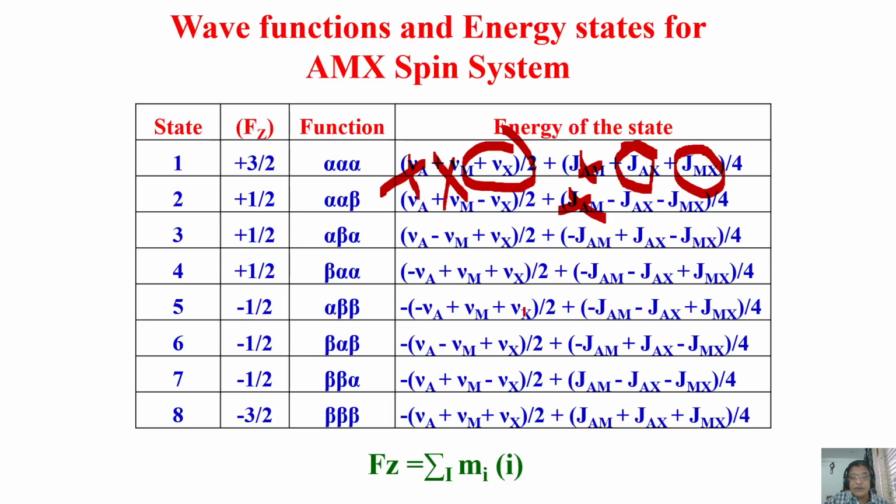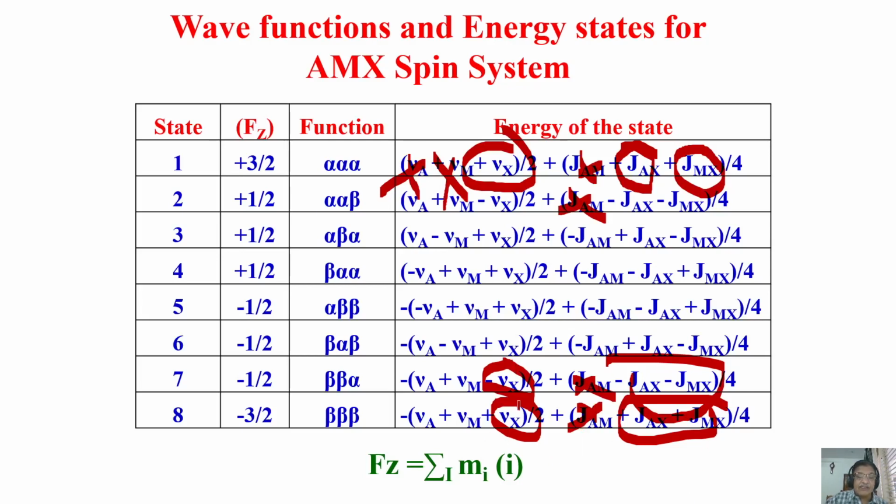Okay, you take this one. Minus nu x will be there. Okay, take this one now. What happens? Nu x will be retained, and similarly, these two couplings will be retained, and this gets cancelled out. It means you get two peaks from the center at the chemical shift position of nu x to the left. Here, two peaks will come to the right.